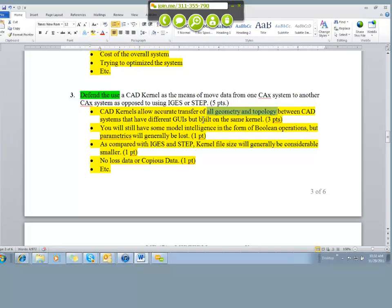You can, for example, move NX data very accurately and very completely to ANSYS, and the reason you can do that is because both of them use Parasolid, even though their graphical user interface is drastically different. And so the main point that I was looking for was this, and I awarded 3 points if there was that kind of discussion. And then I was looking for other things like,